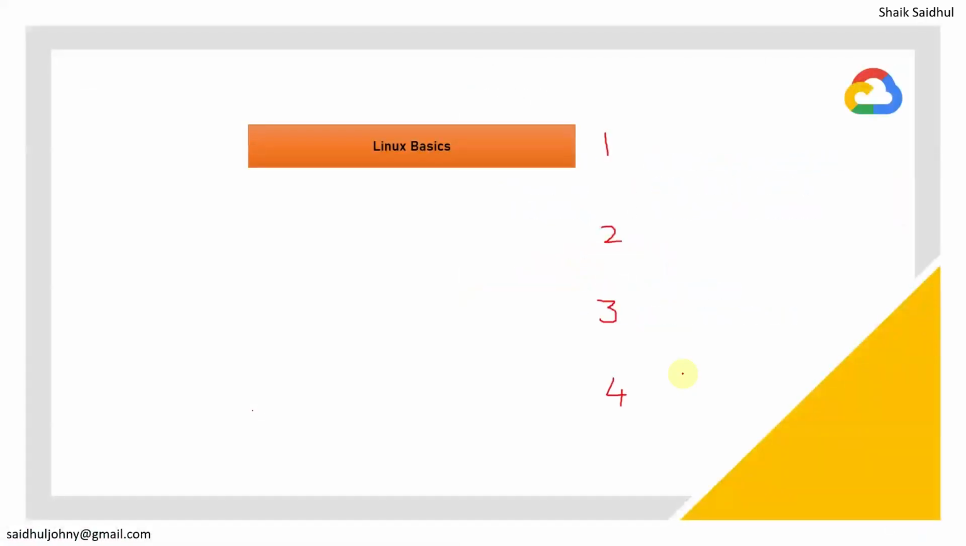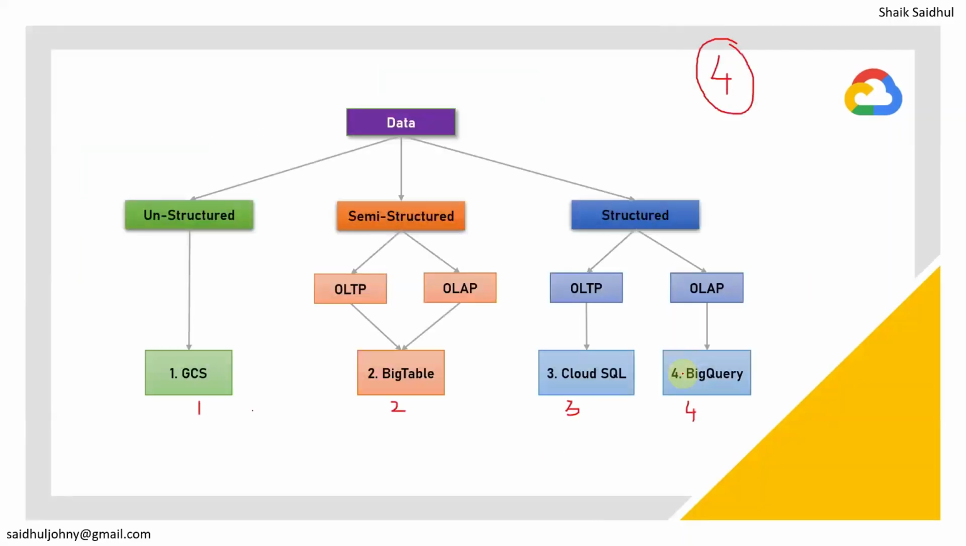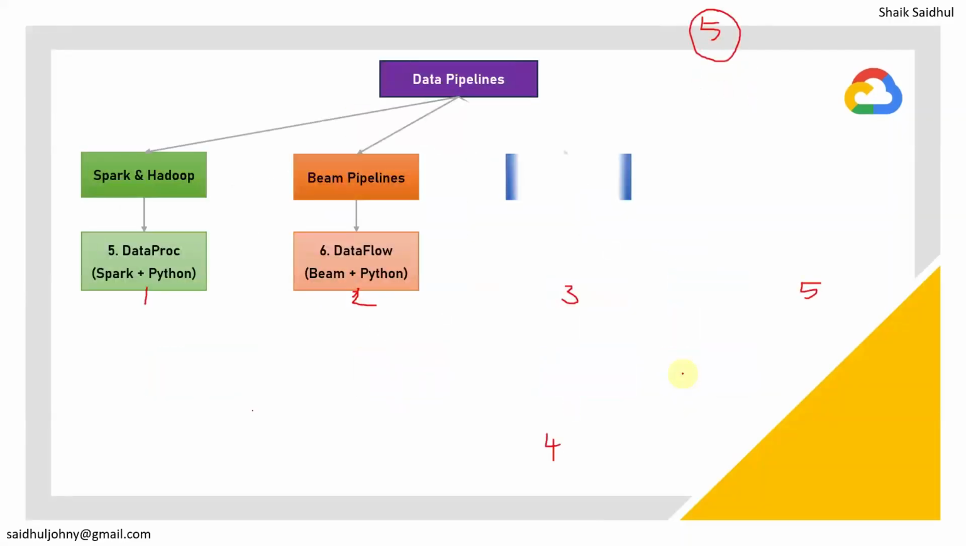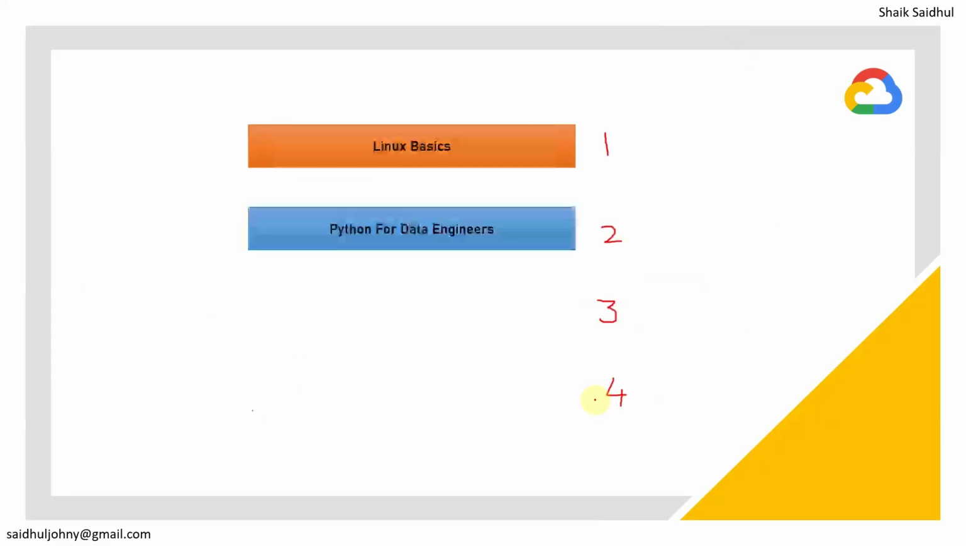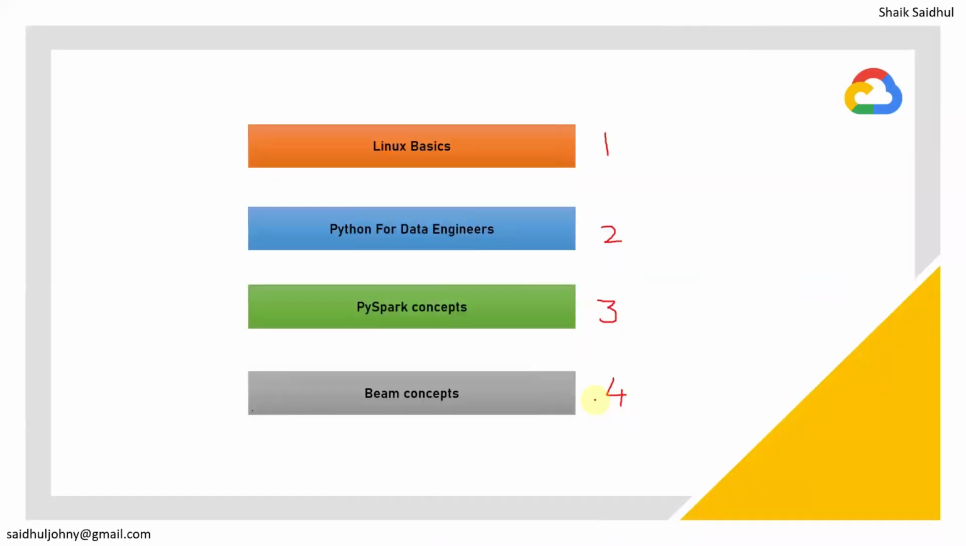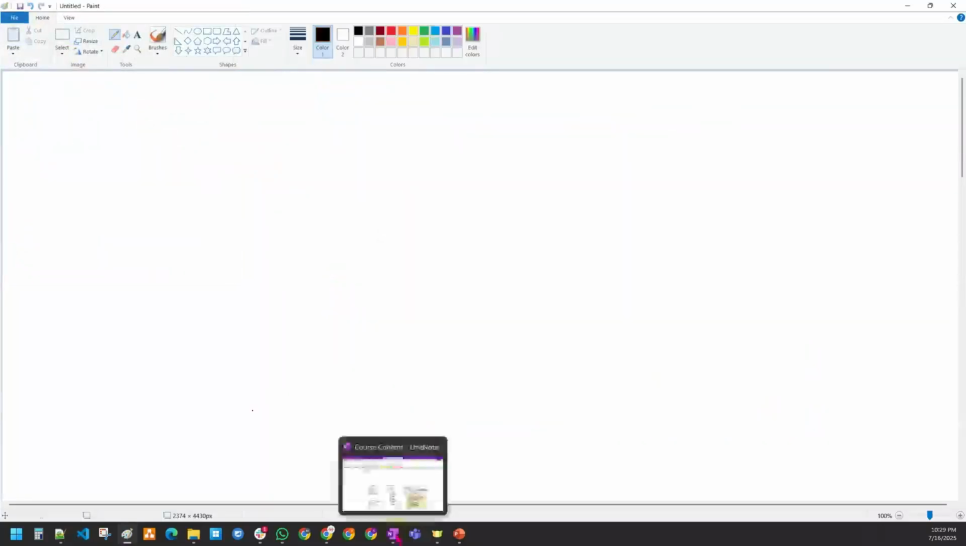So if you see here, in total, 4 plus 5 plus 3, that is 12 data engineering services, plus programming concepts such as Linux, Python for data engineers, and PySpark, as well as Apache Beam. So this is going to be the end-to-end course. If you wanted to see the entire course curriculum as a whole,